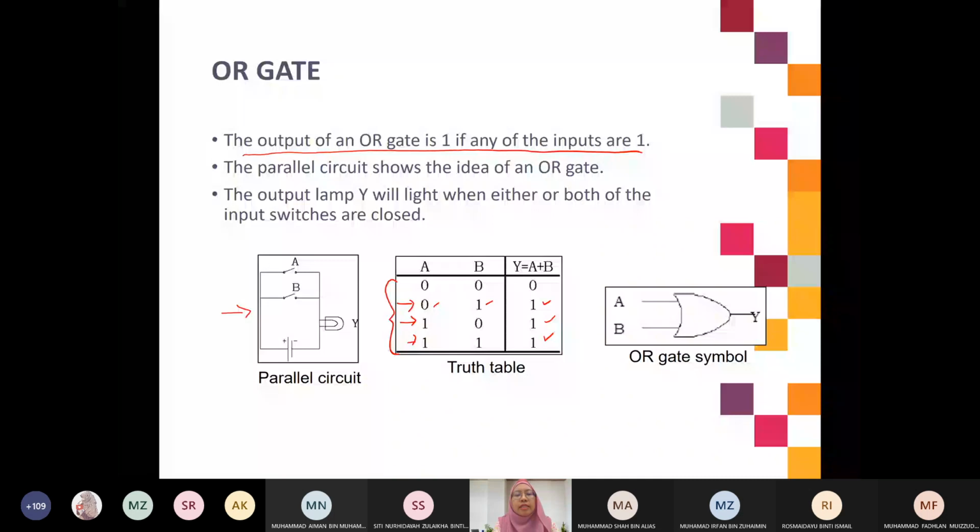Point dia akan closed. So that means by closed. Yeah, so bila dia closed, there will be wave kan, electric wave mengalir kat situ, so that's why lampu ni akan menyala. So salah satu, so that is parallel, salah satu to close, dia akan menyala. So concept of